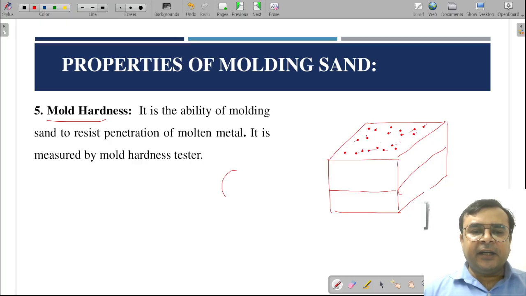So we have a mold hardness tester like this, in which we have a dial gauge. This is a plunger, and this plunger is connected to this spring, and here we have an indicator. Okay. So now when you put this hardness tester over this